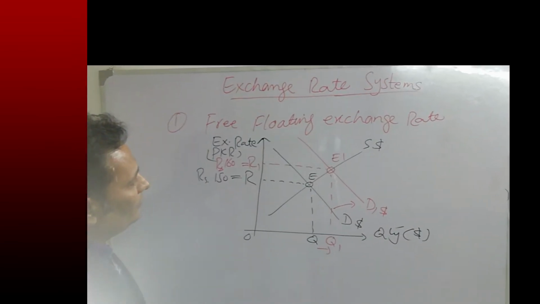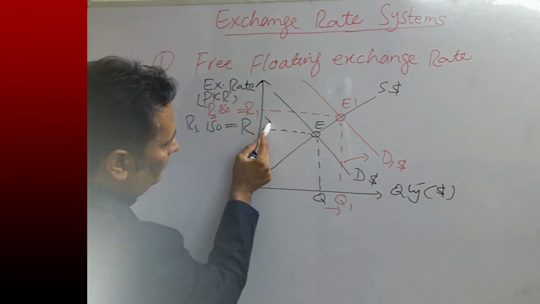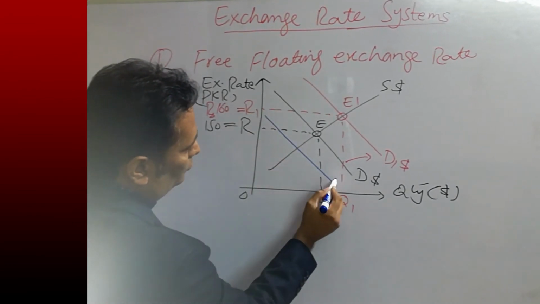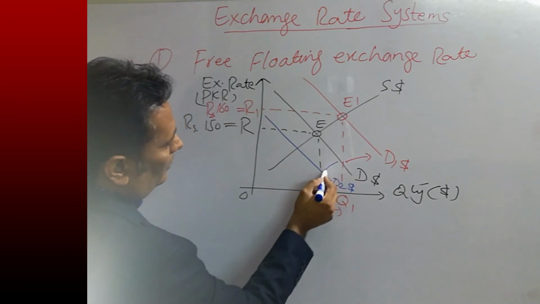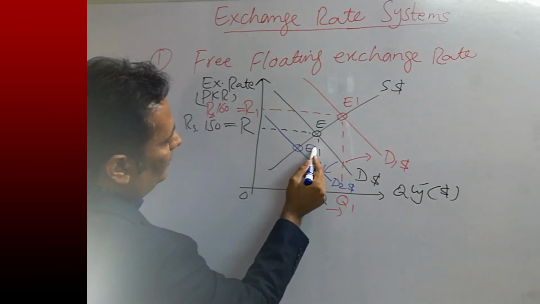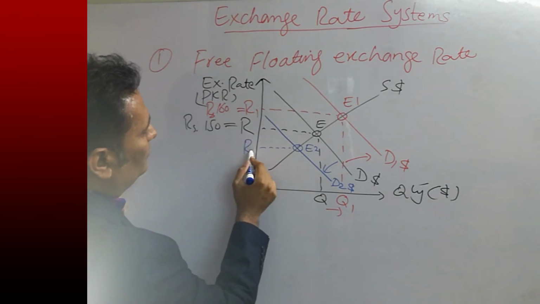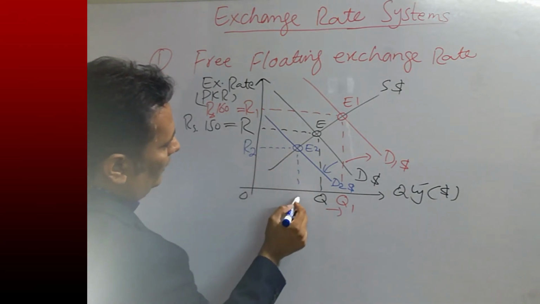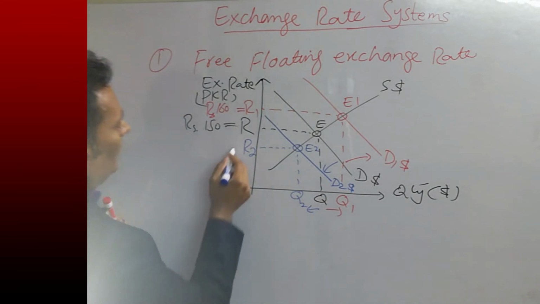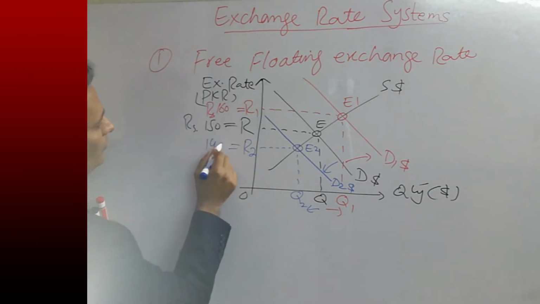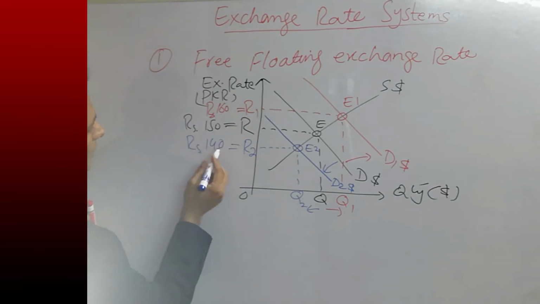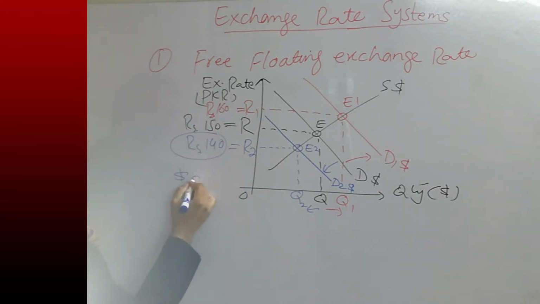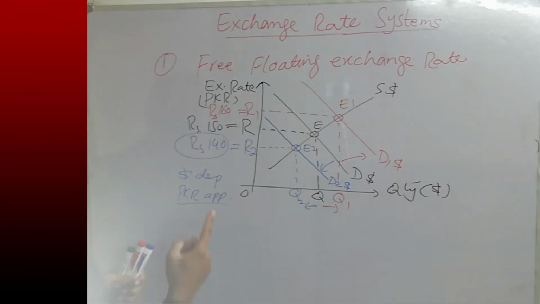So it means that now $1 can purchase 160 rupees, and this situation shows appreciation of dollars and depreciation of Pak rupees. But if there is fall in demand for dollars, then demand for dollar curve will shift to the left to D2, and new equilibrium will take place at E2, where exchange rate of dollars against Pak rupees will fall to R2 and its trading will also decrease. So now $1 is equal to 140 rupees. In this situation, dollar has depreciated but Pak rupees has appreciated. Now we can purchase $1 with lesser Pak rupees. It means dollar is now cheaper as compared to the previous time.